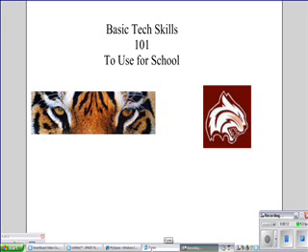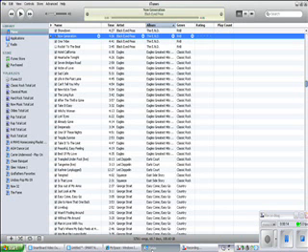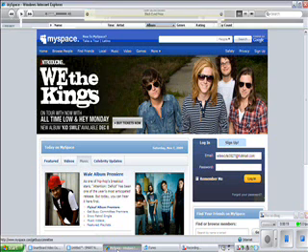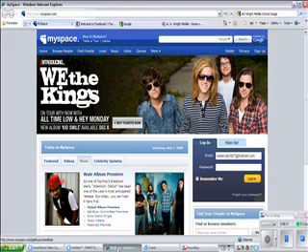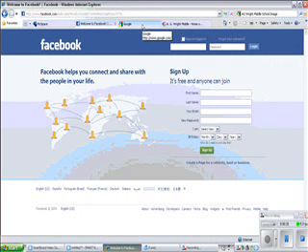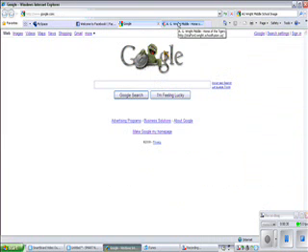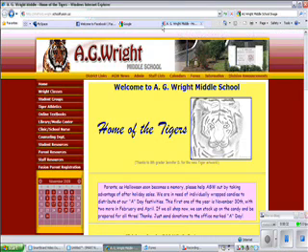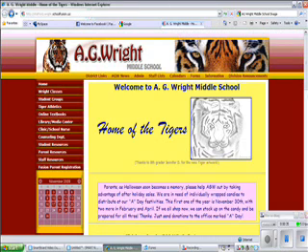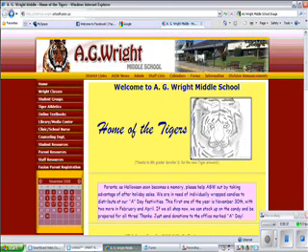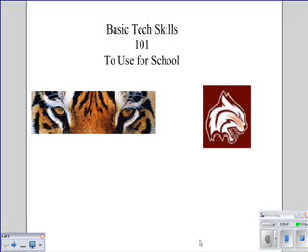You may consider yourselves pretty tech savvy already because you already use programs such as iTunes to download and play your music, and you may visit websites like MySpace and Facebook to do social networking. You might also be familiar with a website like Google to do searches on the internet. And you might use a website like School Fusion, AG Wright or Mountain Views to check your homework online. But we're here to show you some things that you may not know and teach you some skills to use